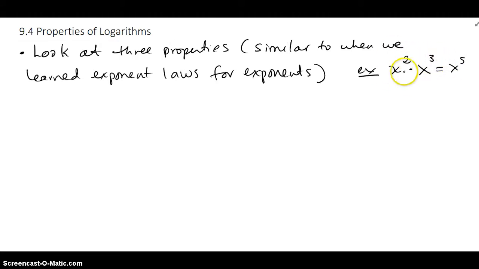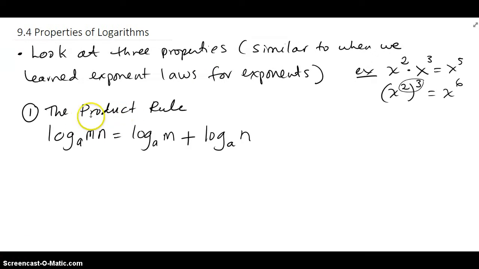Or maybe we learned something like x squared raised to the third power, where you multiply the exponents and you get x to the sixth. So just like we learned these properties for exponents, we're going to learn 3 specific properties for logarithms that we want to be comfortable with. The first one is the product rule, and the product rule says log base a of m times n